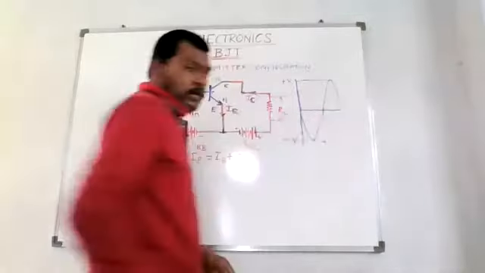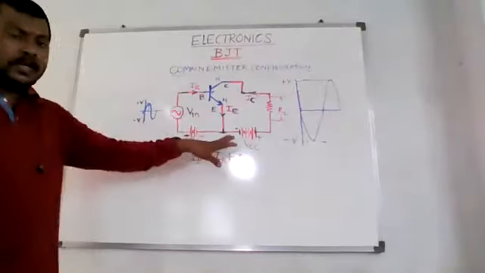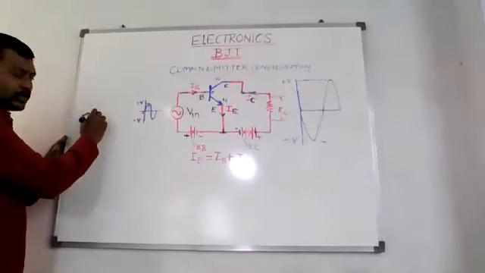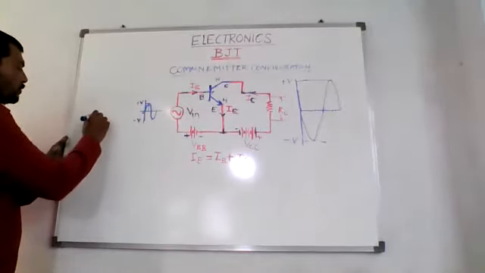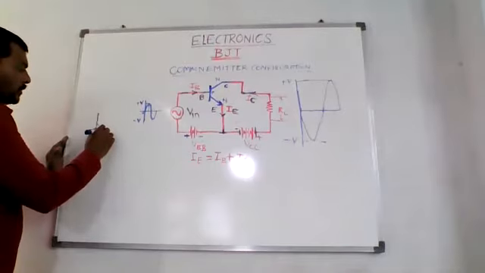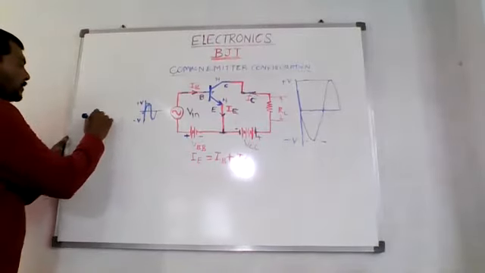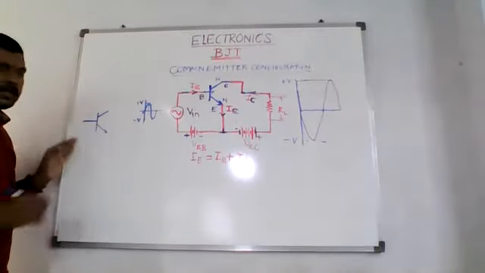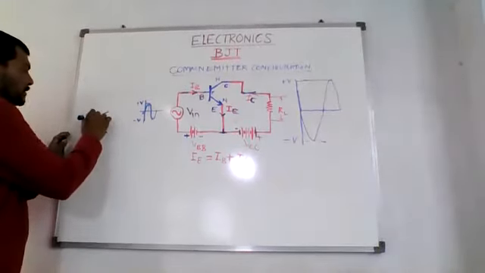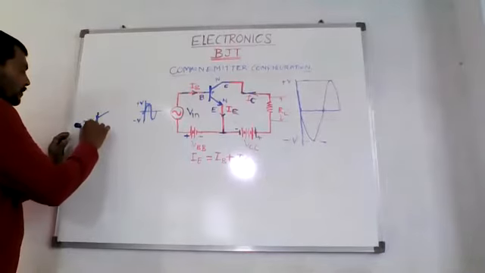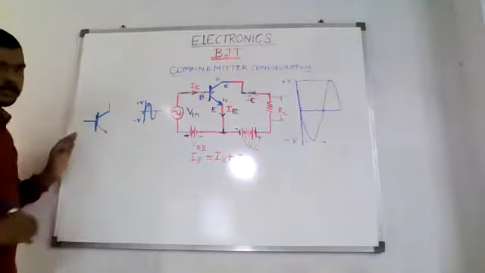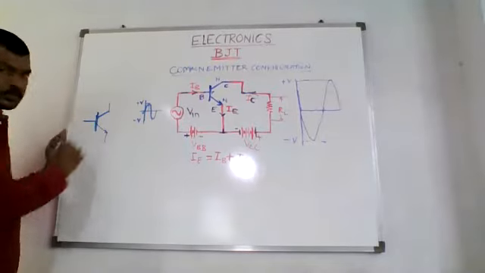I will show you in another form. So this circuit can be drawn in another form like this. So if I draw the same circuit, this is my emitter, this is the collector, and this is my base. So I have these three terminals: emitter, base, and oh sorry, this is emitter, base, and this is the collector. Okay, so I have drawn these three.